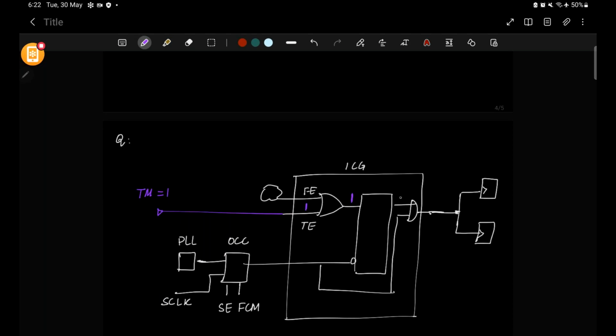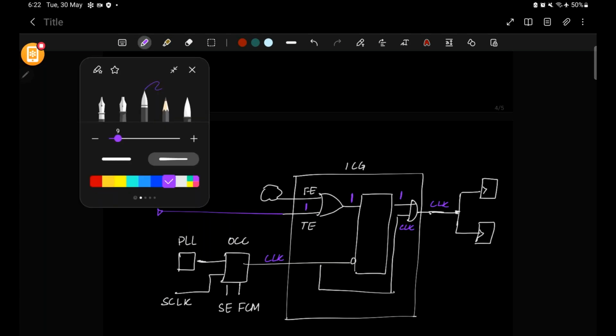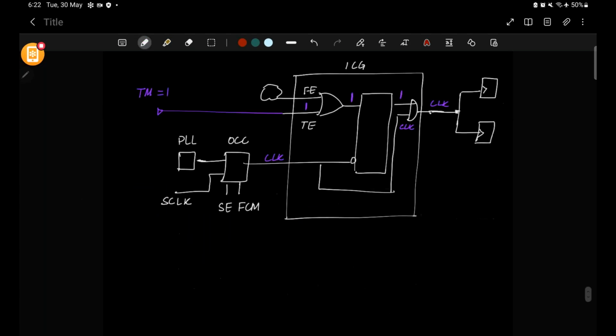So what will happen? Output of this OR gate is one, so the latch's output is also one. Here you will have this clock; we'll just assume the clock name is clock. So you will be getting the clock, and this clock will be continuously propagated to the flops. So throughout DFT,